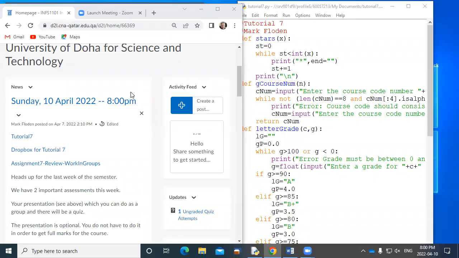All right, so welcome to our class. On D2L, I put some notes up there about this week. We don't have a lot going on this week. We might have, but it seems like we just got this tutorial to do, which we'll do today. There's a bit going on in the tutorial, but I hope that we can cover that without too much trouble. Now, there is a link up there about the assignment.